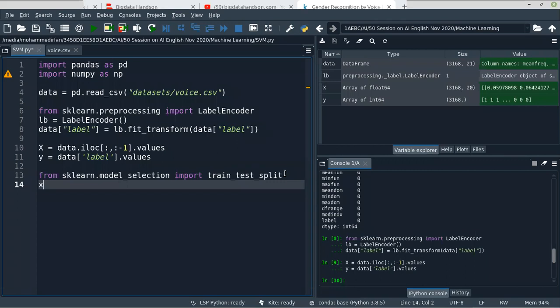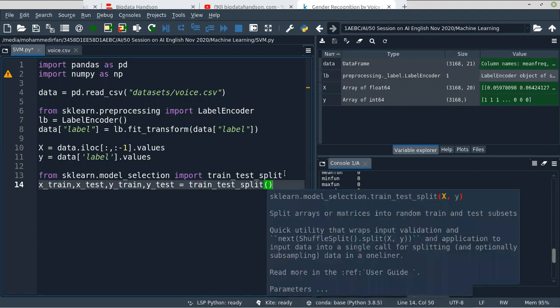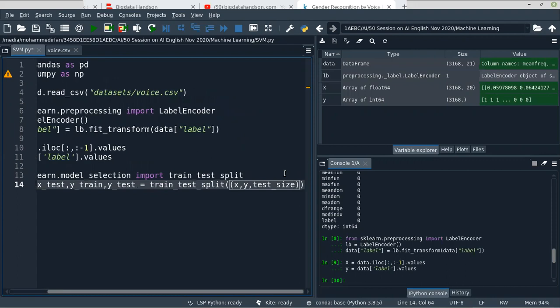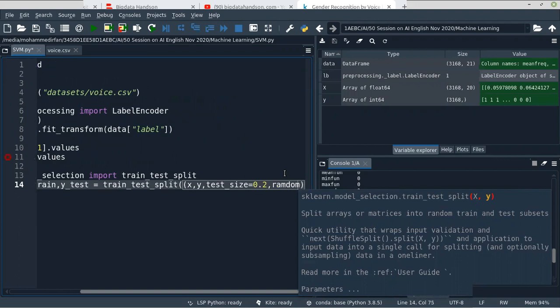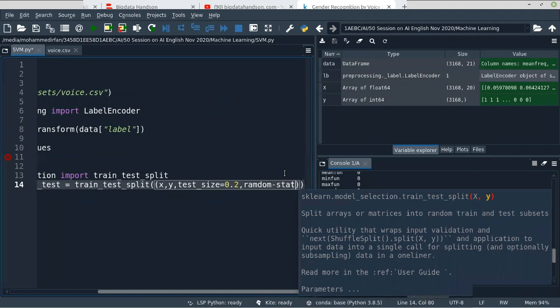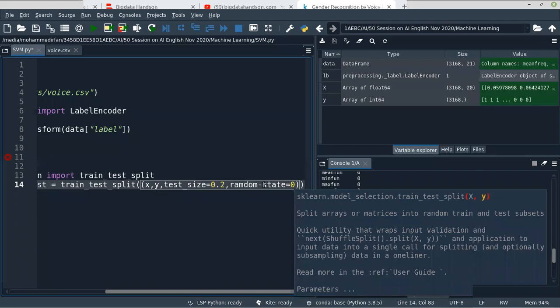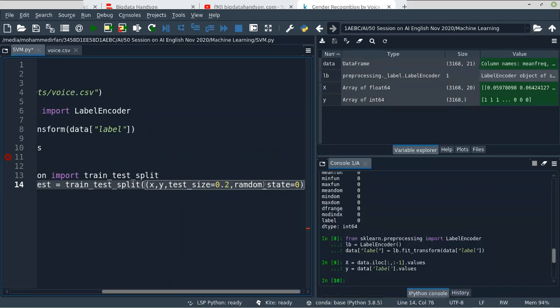It will return four values: x_train, x_test, y_train, y_test. So call the function train_test_split, give the data set x and y, and give the test size. I will take the test size as 0.2, and the random state we'll start with 0. After creating the model, we'll try to adjust the random state and we can gain more accuracy.